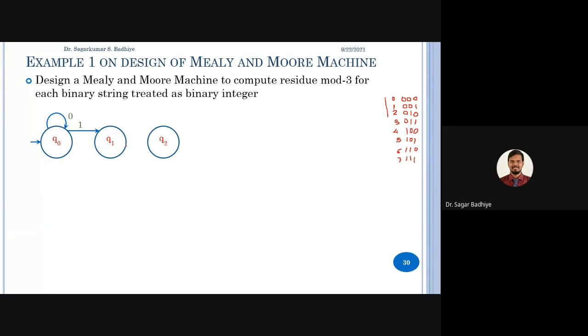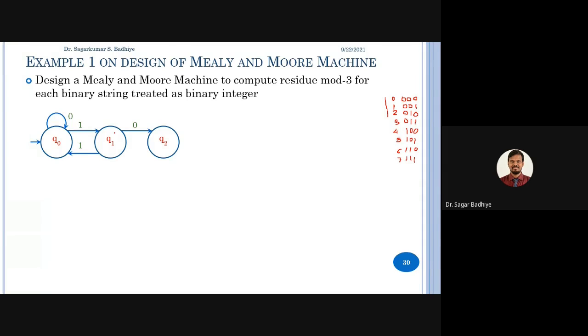So if I get an input 1, that means I have already read a 1, and then again I am getting an input 1. So on 1, if the next one is there, it is representing the number 3, right? So in q1, if I get 1, it represents that I have already read a 1 and again I am getting a 1. So it means there is a number 3, that is 0, 1, 1. So 1, 1 means the number is 3. So I should go to a state such that the remainder should be 0. So I have a transition on 1 to state q0, right? So from q1, if I get 1, I go to state q0.